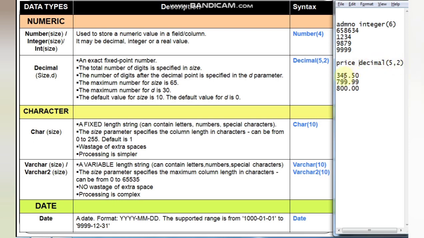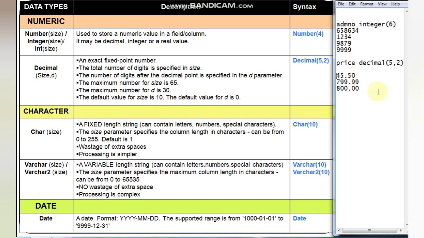That means the total number of digits in the integral part and decimal part together is the size, and the size you have written here is 5. This is the size and this is D. D is 2 here. That means the total number of digits it can take after the decimal point. Clear?